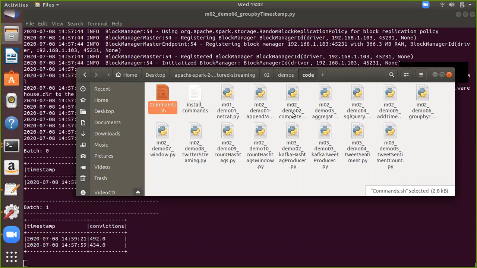Once you are familiar with Kafka, then we'll write some programs in PySpark to read the data from the Kafka consumer. Okay. So for today, I'm just stopping here.